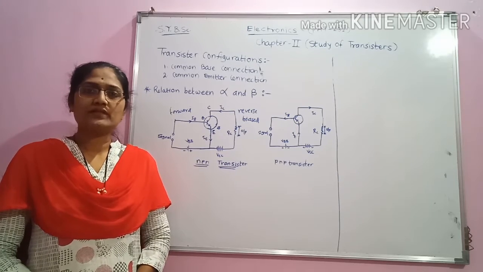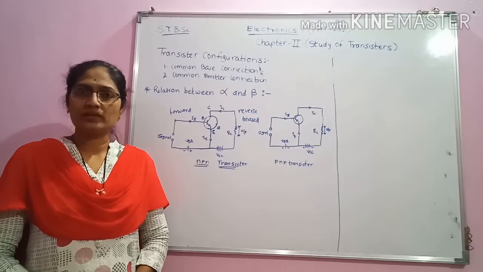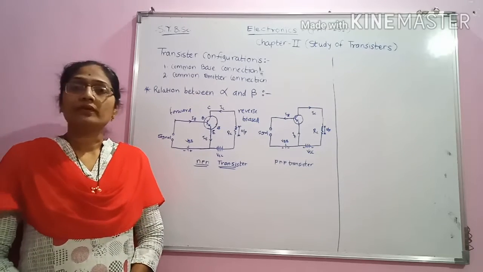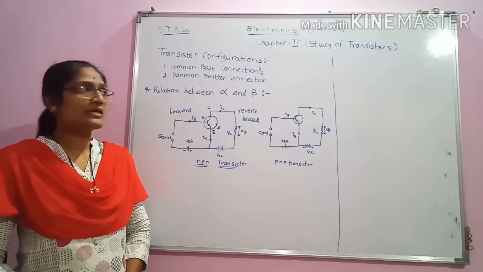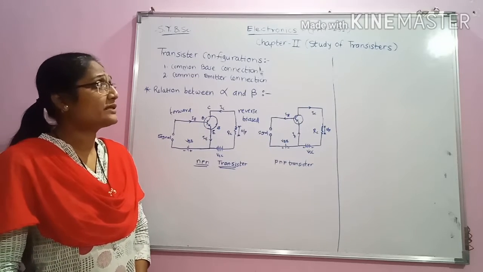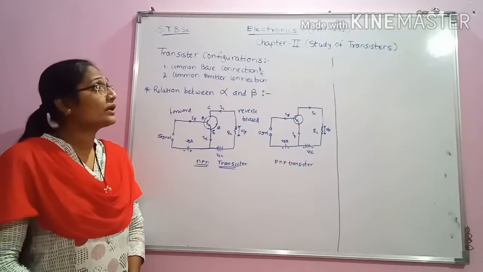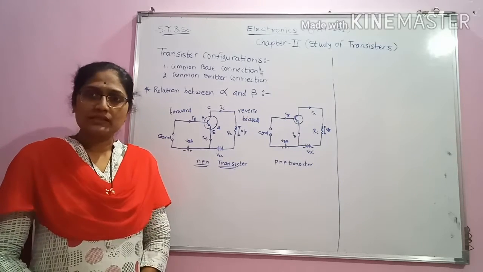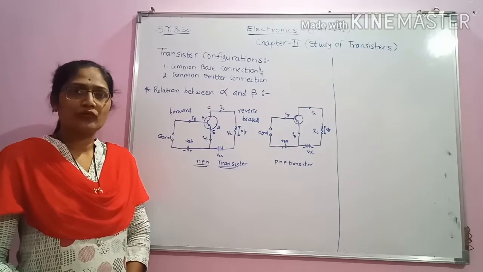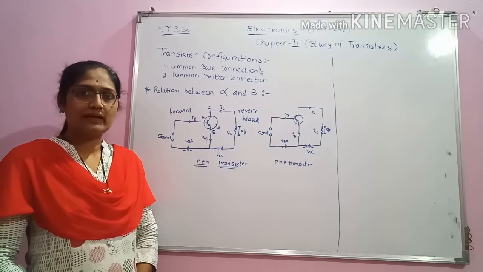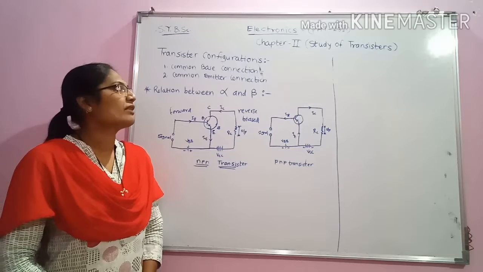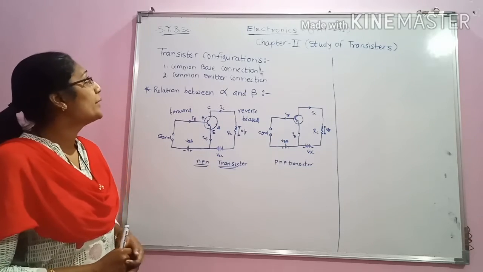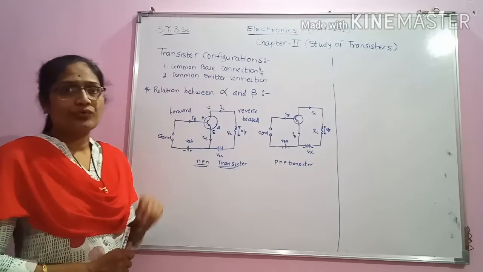We have started our syllabus related to SYBSc Electronics, and in that we have studied our first chapter and started our second chapter, that is study of transistors. In this chapter, we have covered the points related to transistors, its construction and working, its types like NPN and PNP transistors. And we have started to look into the transistor configurations.